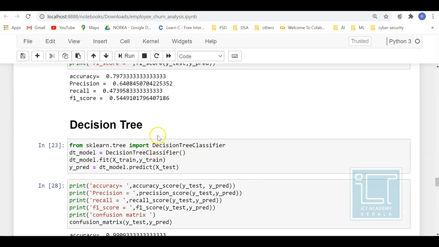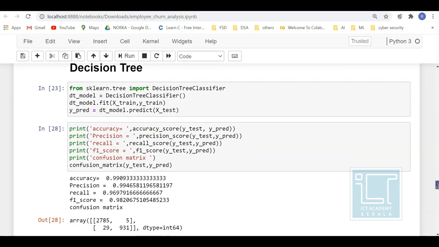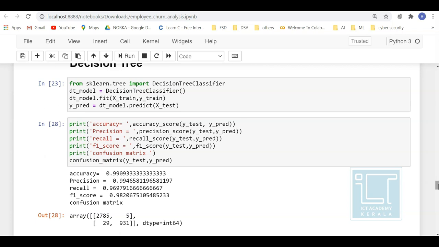To make use of the decision tree algorithm, you just import DecisionTreeClassifier and the rest is the same. You fit the model, then you calculate the Y prediction value for the feature set of the test data set. Once that is calculated, you can compare your Y prediction value against your Y test value and calculate the accuracy, precision, recall, F1 score, and this can be obtained from the confusion matrix that will give you an overall view of all these metric values.